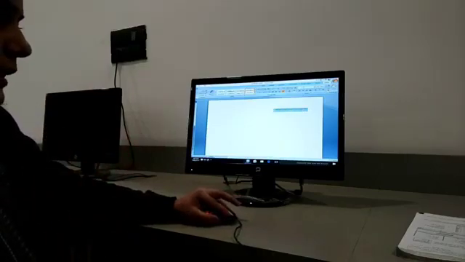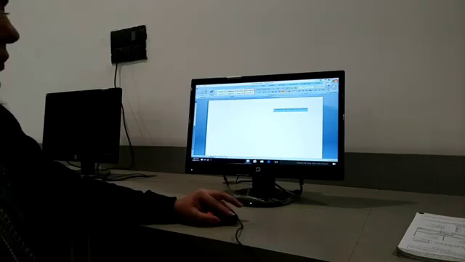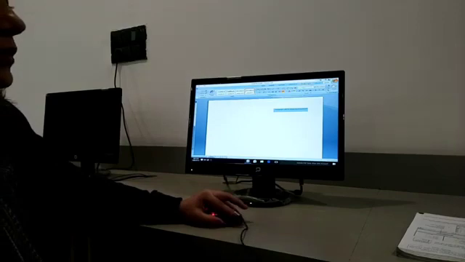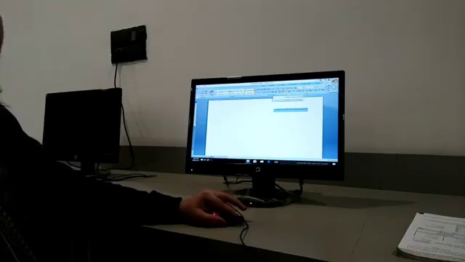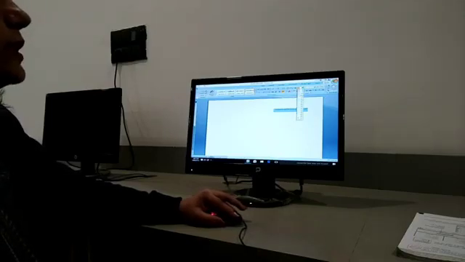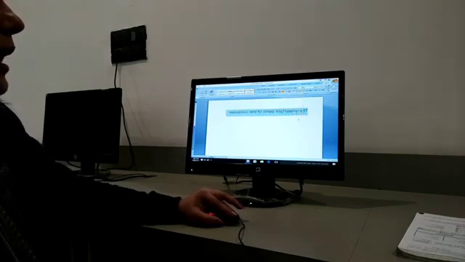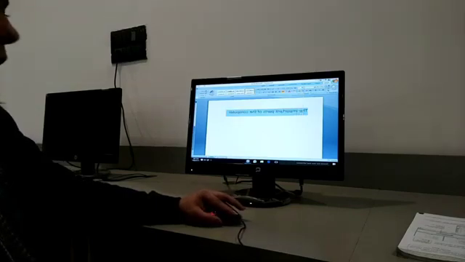So I will select it. And after this, I am going here. See, you went to Home. After going to Home, what will you do? After going to the Home button, what will you do? In this we will choose the font size from the language group and we will increase the font size. See, I am increasing font size to 28. So it is changed. Now it is big now.